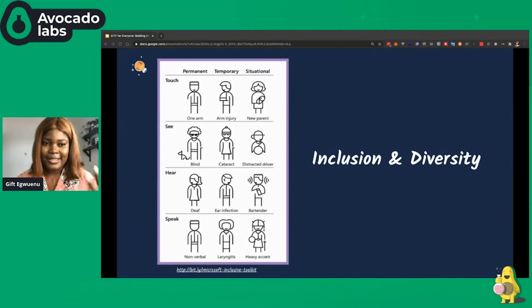This is a more explanatory illustration that I got from the Microsoft Inclusive Toolkit, and I really like what it is trying to show here. We have different senses, and there is the permanent disability, temporary disability, and the situational disability. For touch, as a permanent disability, someone could have one arm, or it could be a temporary disability where you have an arm injury, or you could be a new parent carrying your baby. If you're in any of these cases, you would need to use a keyboard accessible